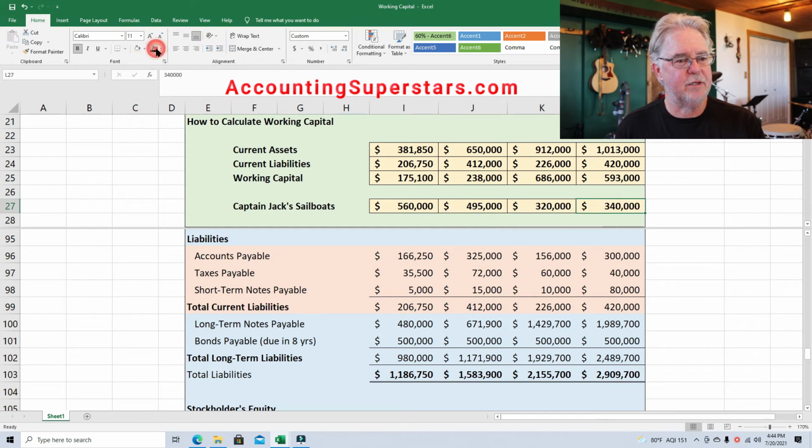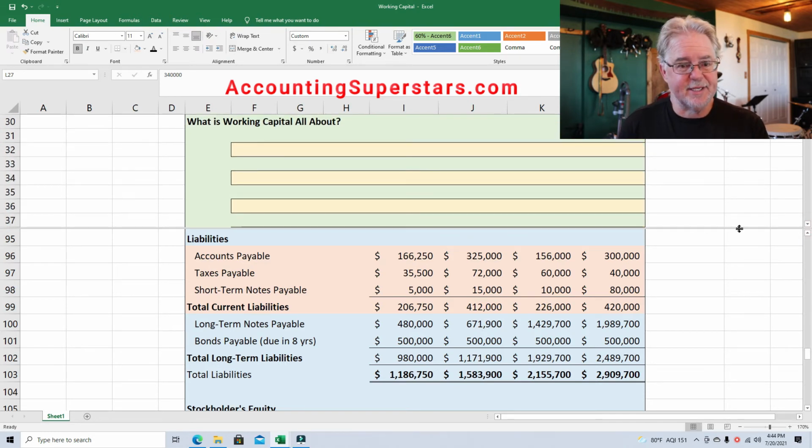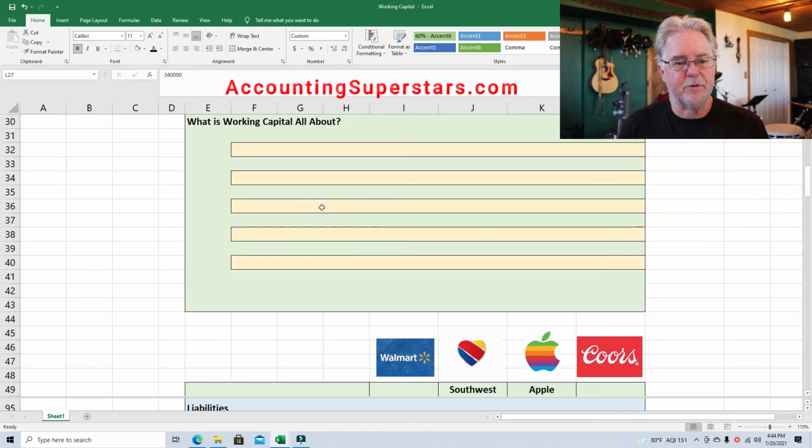The next year, 320,000. Looks like a trend is developing here. And in the next year, 340,000. So they did come up in the fourth year a little bit. But it looks like things are kind of dropping. And if I was management, I'd be kind of worried about this. I'd be looking into this carefully. So this is an indicator of the ability to grow. So let's